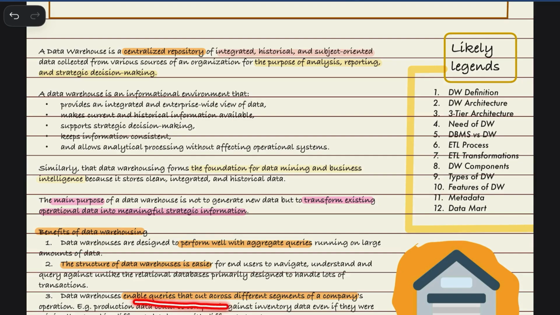And a data warehouse enables queries that cut across different segments of the company. Like I told you, we can store different types of data from various departments, from HR, from sales, from import, export, and everything. It is stored in one data warehouse, and we use that to cut through the different segments. If you want to see which HR was responsible for most of the employment rate of people in our company, how would you know that? You would need the data from the HR department and also from the employees that are working under you. That is why we need a data warehouse, which is a central repository where we store all the data.